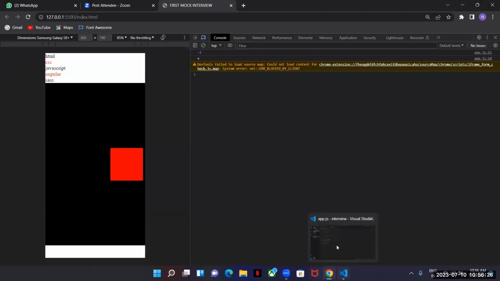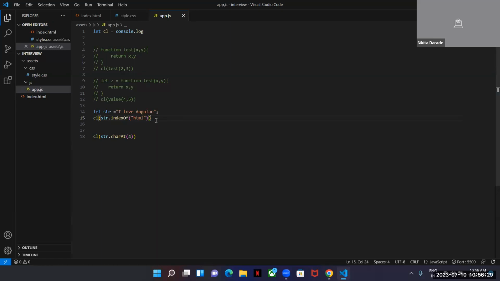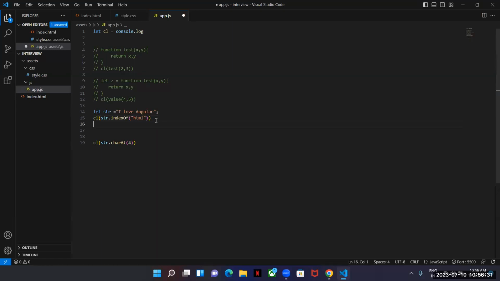That time, what will be the output? Remove the HTML and add the love or Angular word. Then what will be the output? First tell me, if the HTML element is not present in the given string, then what happens?